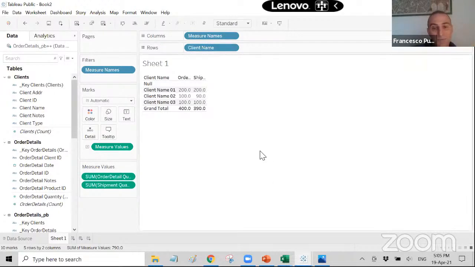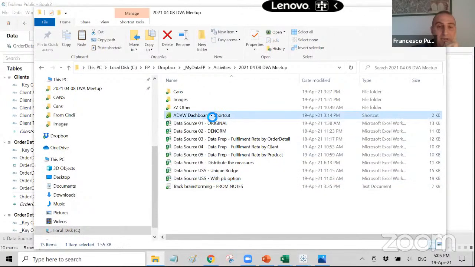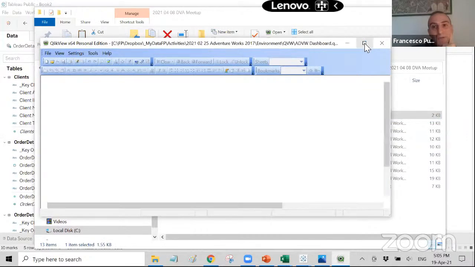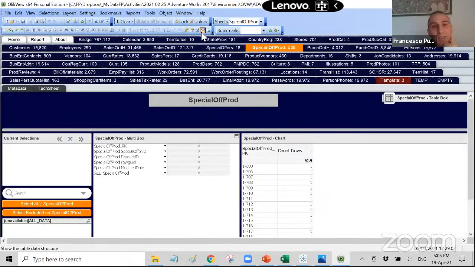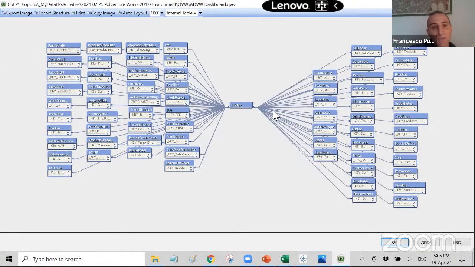So you can have the same thing, and I can even show it to you as a closing of this presentation with AdventureWorks. So imagine that you can open AdventureWorks and you can have in your data model, as you have seen earlier, all these tables, and this is live. It's not like an image that I built.